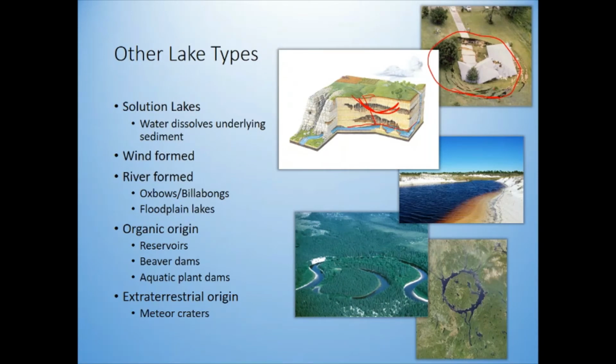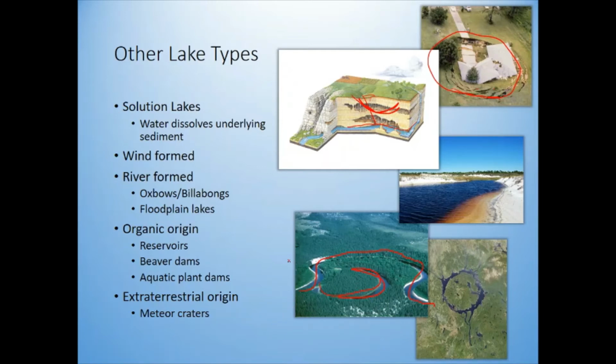Wind formed lakes: oftentimes sand can get blown around and blow out some area and create a basin. Rivers themselves create oxbows. So this is a river that's flowing right here, and what we see is the river used to flow in here, okay? And so where the river used to be is just a small short-term lake. These are called oxbows. If you're from Australia, they're called billabongs.